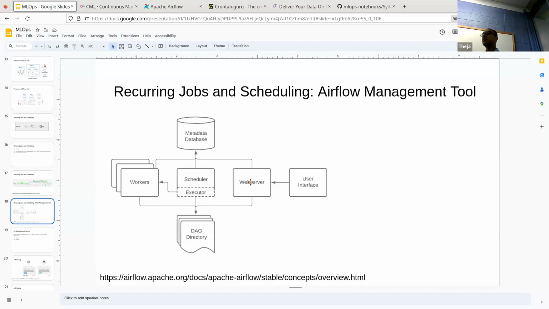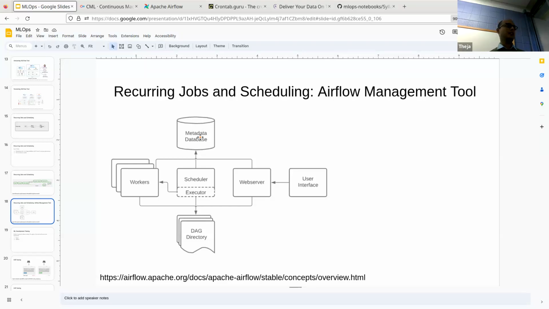A web-based UI, very similar to MLflow's UI. Okay, so it'll show, okay, what's the run, when did it run, did it succeed, did it fail, what happened? All those details are captured in the web server. And then it also has a database to capture all the metadata about these pipelines running, over days, and history of the pipelines and all the details. Okay, so this top one is generally a Postgres database, or it could be some other SQL type of DB.